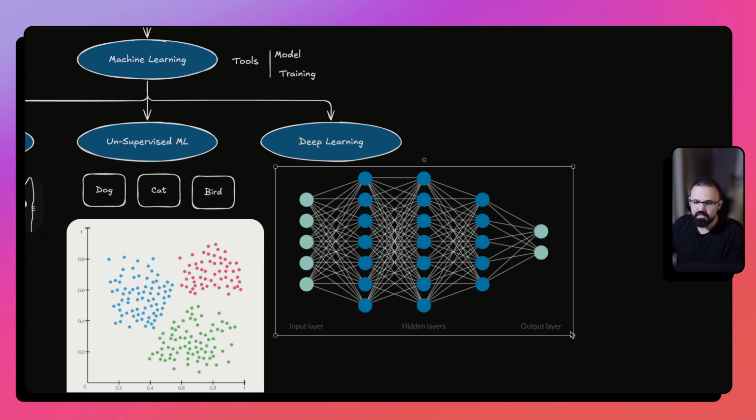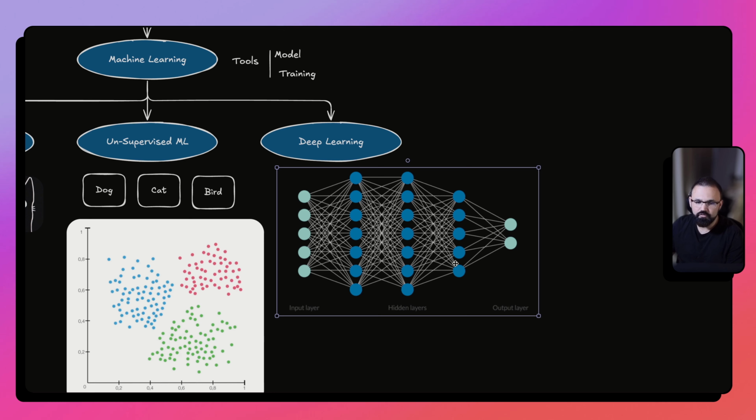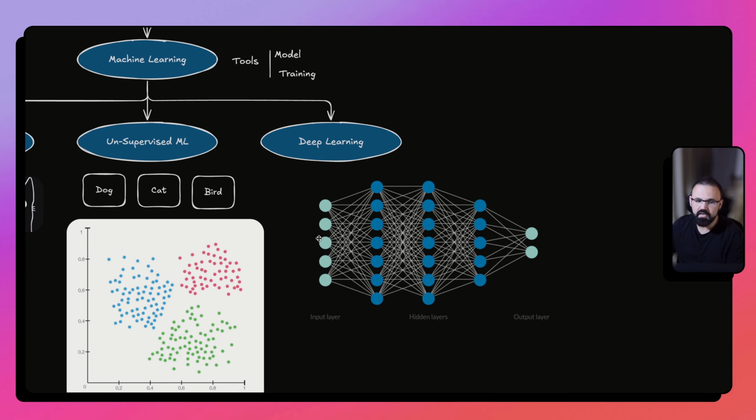So in this case, you can see there are a bunch of nodes, right? So this is the input layer, and on the right side, you have the output layer. And in between, you have these hidden layers, right? So think of these hidden layers as small robots or some kind of processes that are being executed, but it's hidden from us, right?